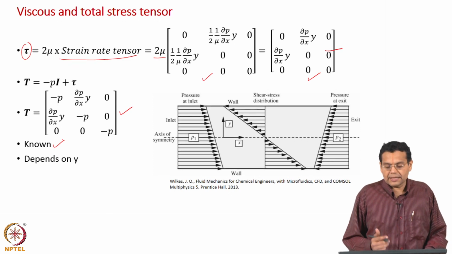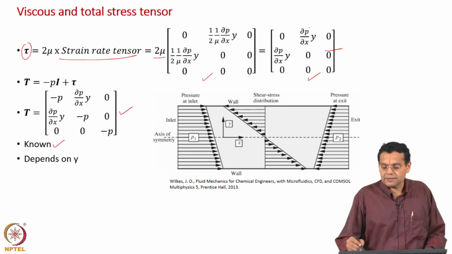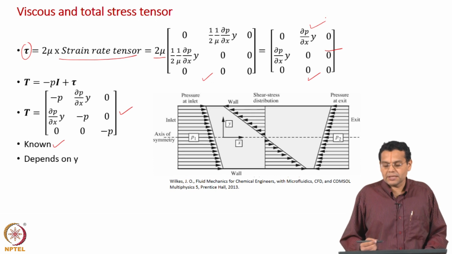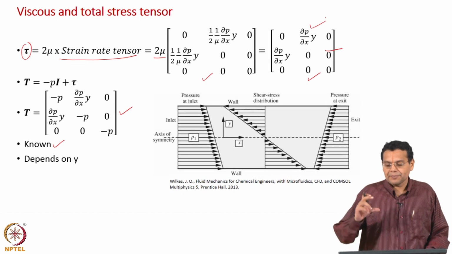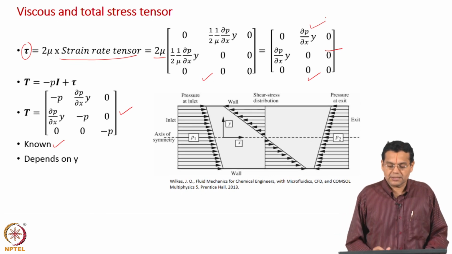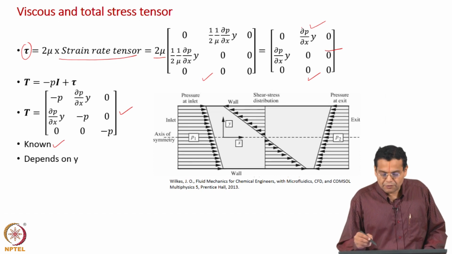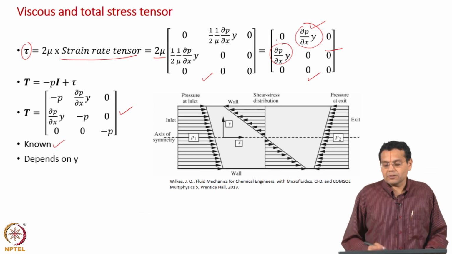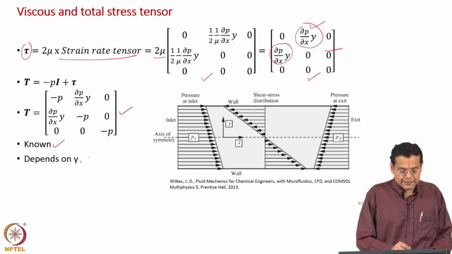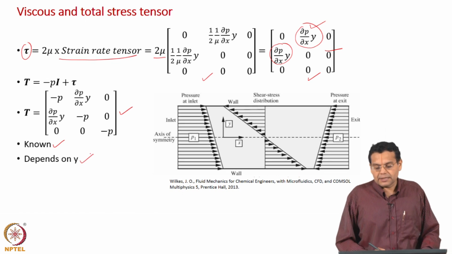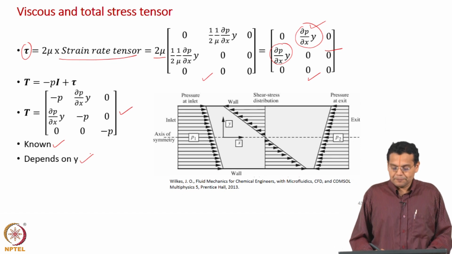The difference is that in the earlier case the viscous shear stresses were just constants. It was just Vp by h, where Vp was the velocity of the plate and h was the distance between the plates; it was just a constant. But in this case of Poiseuille flow, the viscous stress tensor, the shear stress components, depend on y. So, they vary linearly with y. In the earlier case it was just a constant. That is what this bullet says, that there is a linear dependence on y.